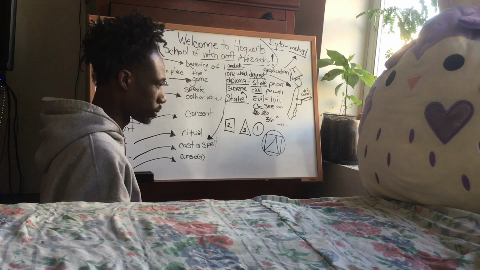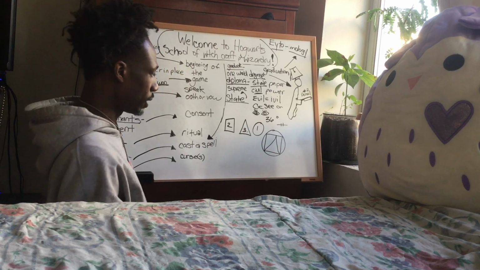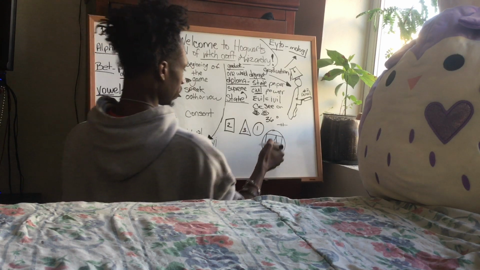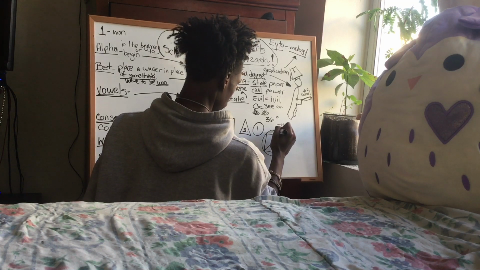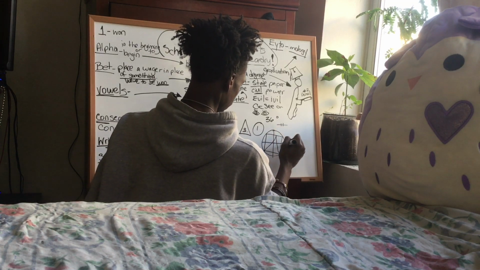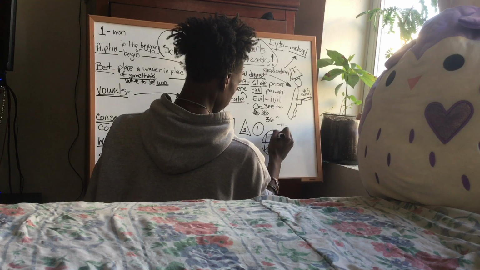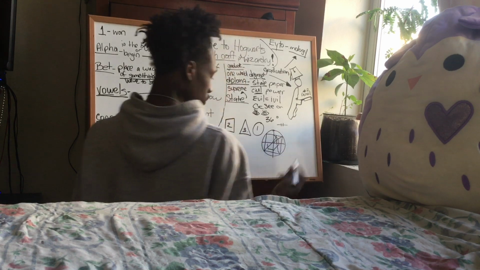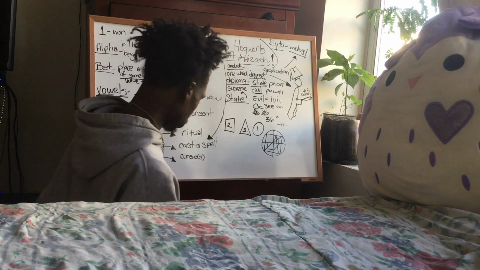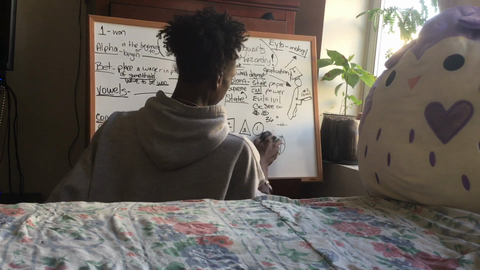Okay? And then from here, you can get every other shape, because I can just go like this, go like that, I can get another triangle here, I can go like this, like that, like that. I can just play with it. But either way, all your shapes come from these three shapes.